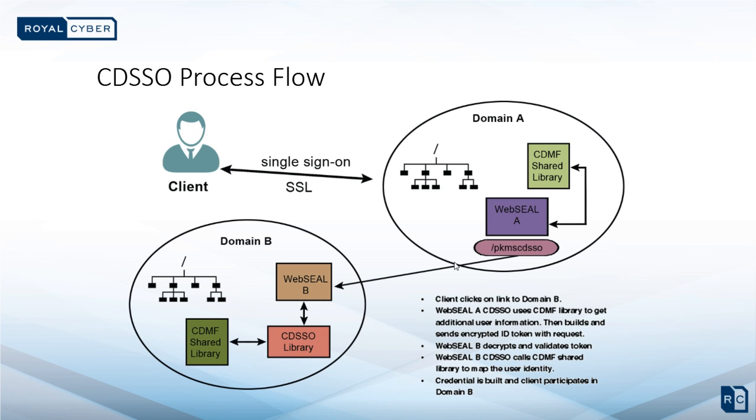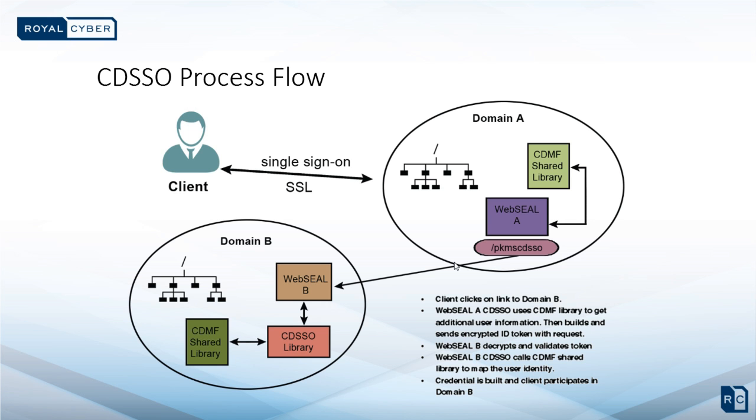So the token is placed in a redirected request to the destination server using the URL contained in the PKMS CDSSO link. The SSO create module provides an argument with the name of the origin server, that is WebSeal A in our case, so that the destination server, WebSeal B, accurately knows where the redirected request is coming from, without relying on the browser's referer header information. The WebSeal A server sends the redirect response for the resource on WebSeal B, containing the encrypted token, back to